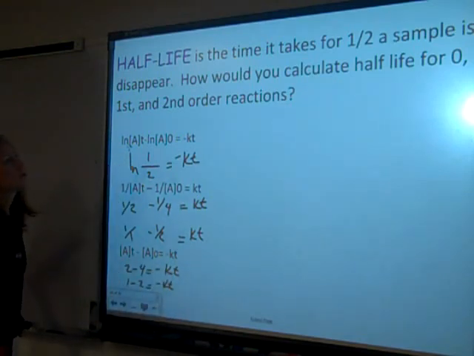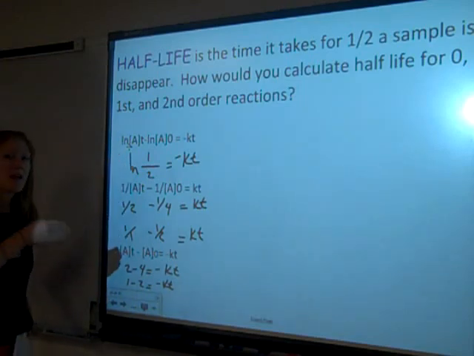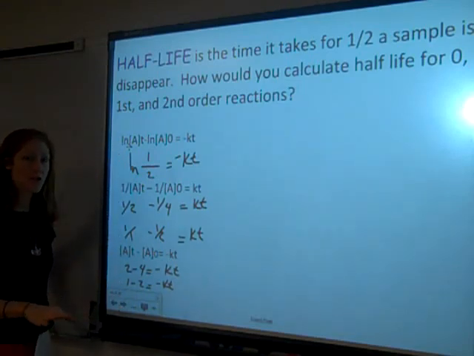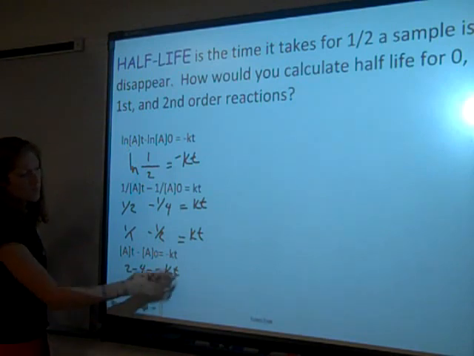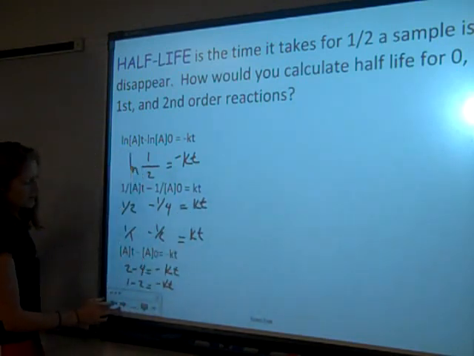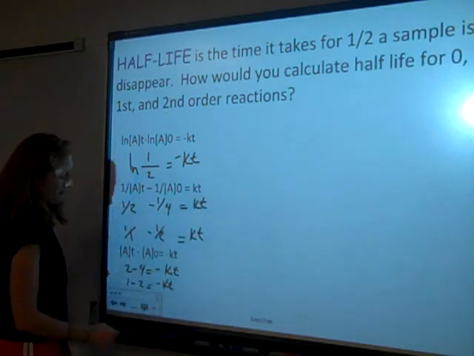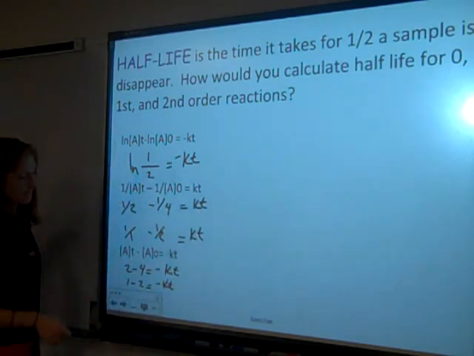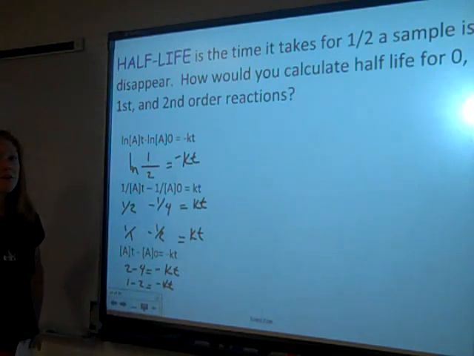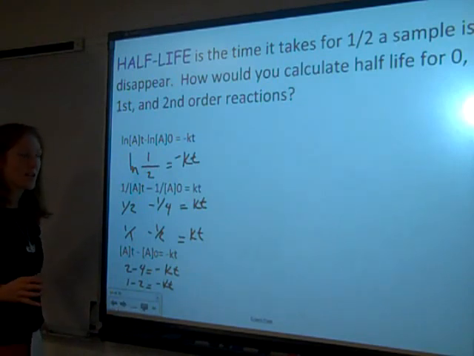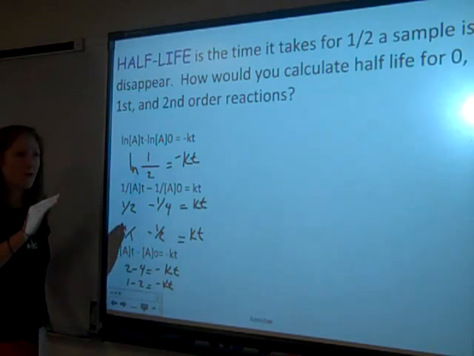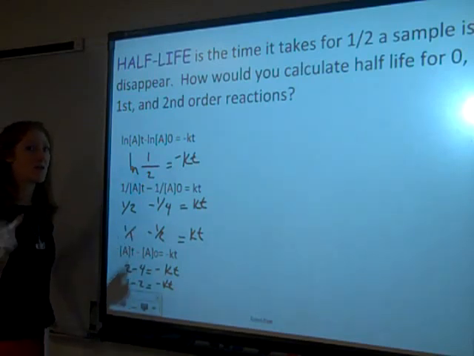And that's true. So what happens is for a first order, as you are decreasing the concentration of your reactants, you're also decreasing the rate of the reaction. And that's why it takes the same amount of time to go from the first half-life to the second half-life. And then in a second order reaction, I'm decreasing concentration, and that's decreasing the rate exponentially. So those half-lives are getting longer and longer. It's going to take more time to go from the first half-life to the second. So the second half-life would be longer than the first.